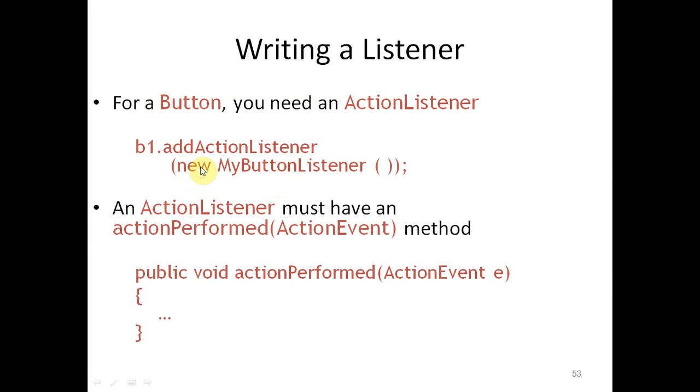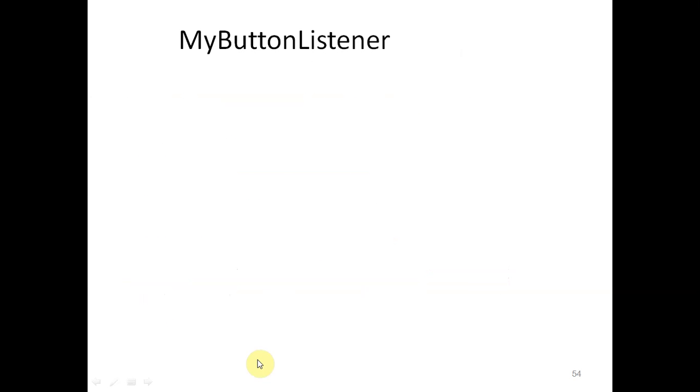If it is a different class, then we have to write the object of that different class. If the same class is the listener class, then we have to write this here. And the action listener must have an action performed function, as we have written the code for this function in the previous program. Action event e is the argument, so we can write public void actionPerformed(ActionEvent e). So this is the function also.